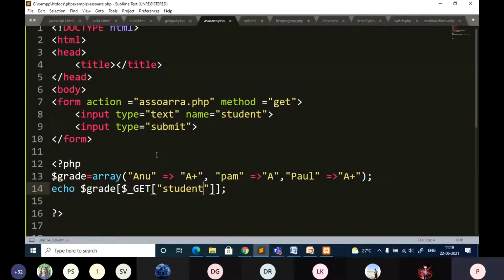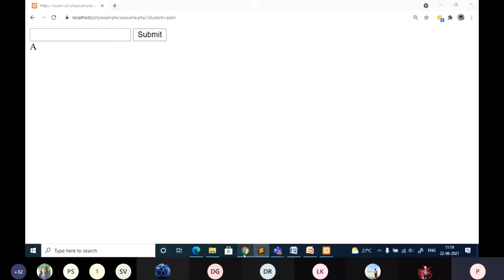Let me take one more program, where I want to differentiate between get and post. Maybe many of you are already familiar with that. For the same thing, I can just change it here. I'll change this to password. So what is the observation you need to make when you specify get?